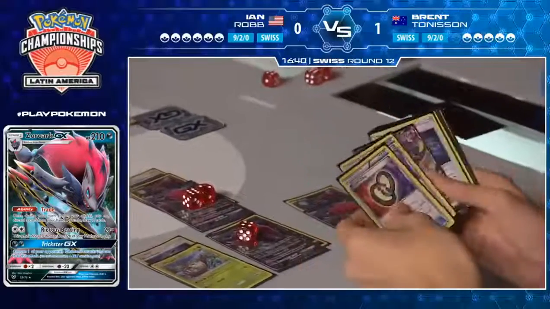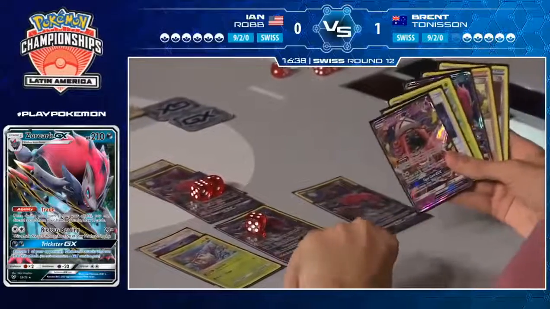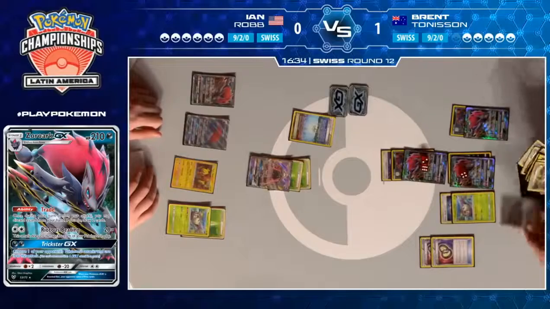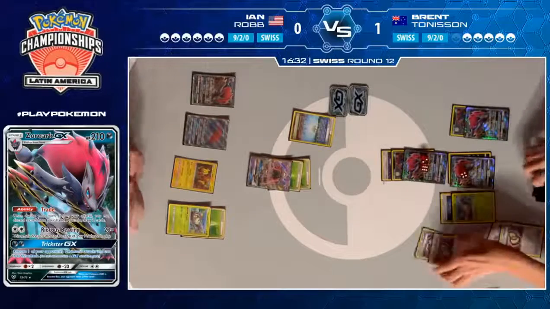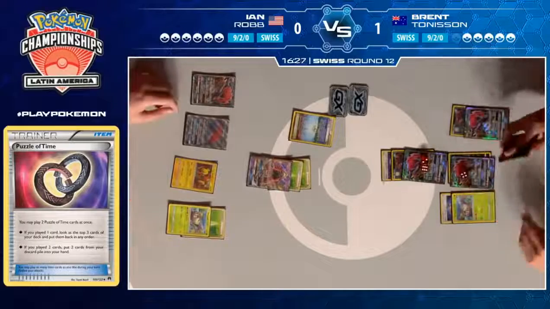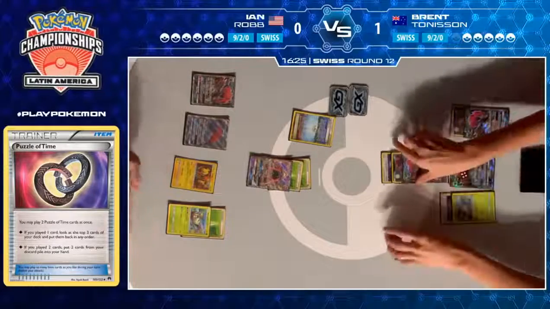Yeah, and awkwardly, he has the Enhanced Hammer in hand, but Ian, his draws only allowed him to play these Grass Energy, so Enhanced Hammer's not very good right now. Enhanced Hammer generally a game winner in this matchup, but right now just Grass Energy's on the field, so cannot play it, but that Acerola...